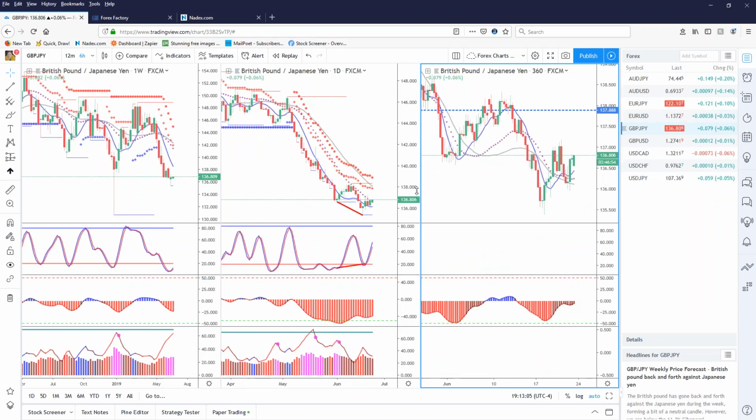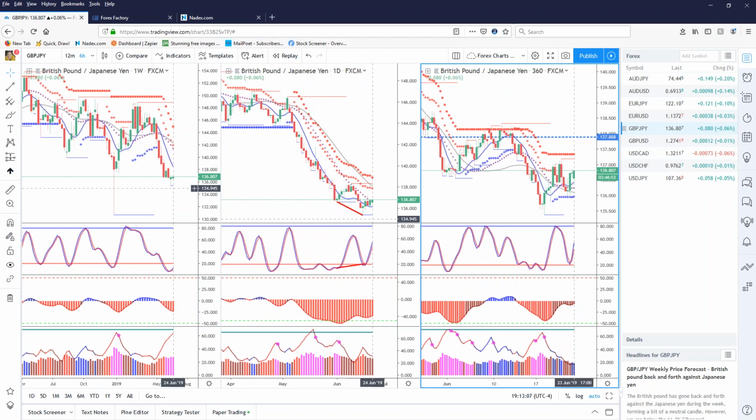Then on the British pound yen, again, you're seeing these reversal bars from last week, okay? You also see over here you had trend divergence. More than likely, it's going to go up to 137.81, and this one actually has the formation that I like on it, because you have on the 360,